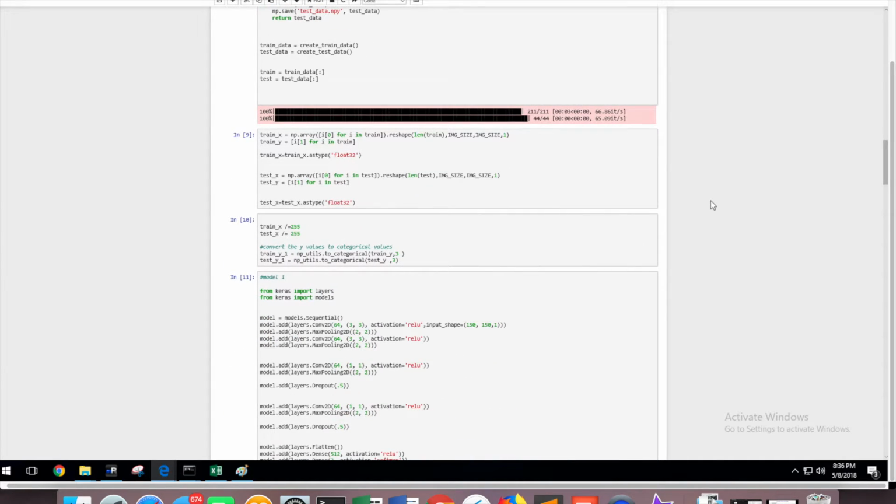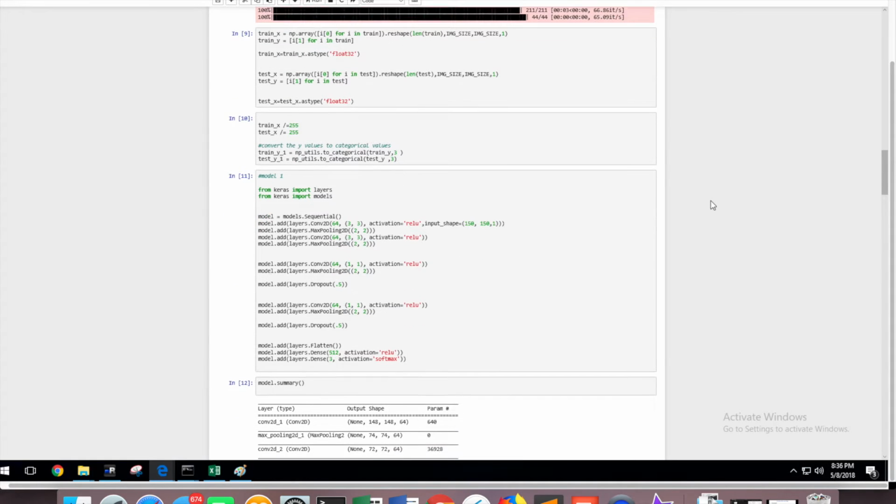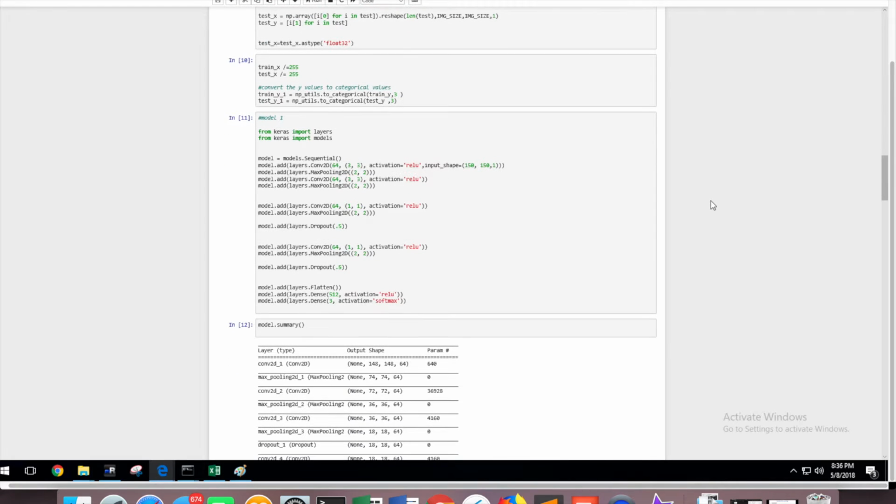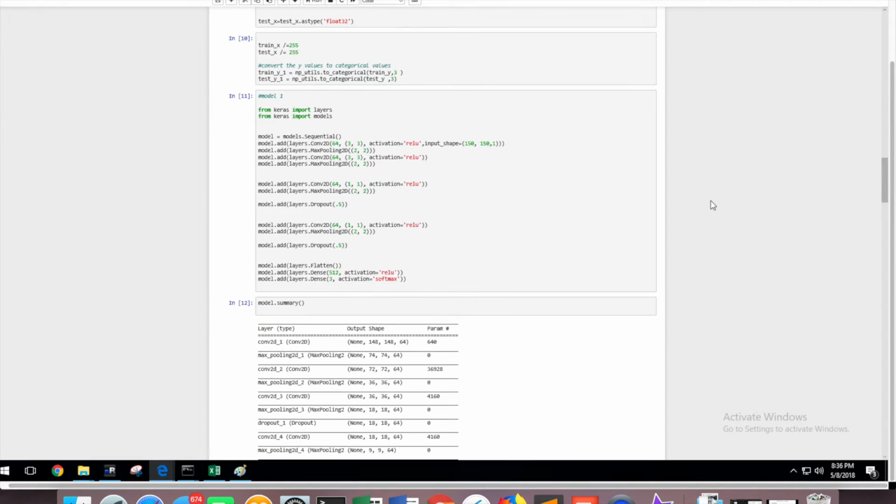These images were converted into arrays and then float32, and the categorical labels were converted into vectors 1 and 2. This is the architecture for our first model, where we have a 64-layer convolutional 2D network with a 3 by 3 filter and ReLU activation, and the input is a 150 by 150 by 1 image, followed by a max pool layer, then another convolution 2D layer with 64 layers, 3 by 3 filter, ReLU activation, then a